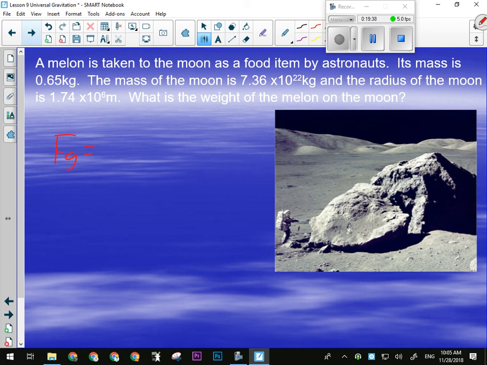So I've got F_G equals big G times the mass of the moon times the mass of the melon, divided by the radius of the moon squared. When I plug in my numbers, that's going to be 6.67 times 10 to the minus 11, times 0.65, times 7.36 times 10 to the 22, divided by 1.74 times 10 to the 6,